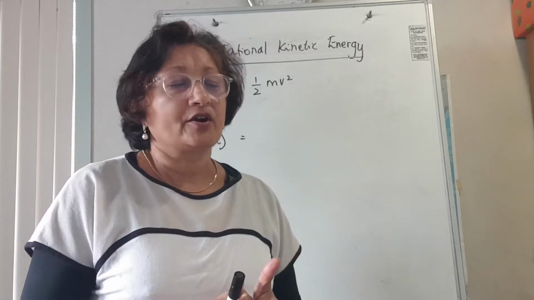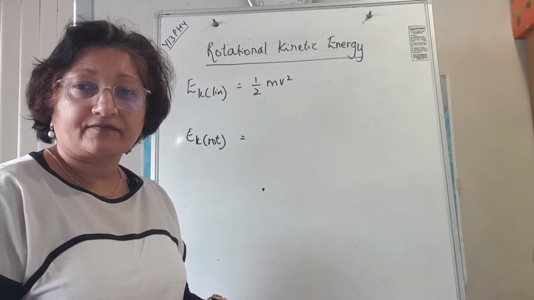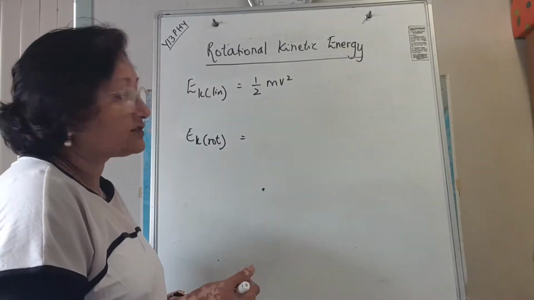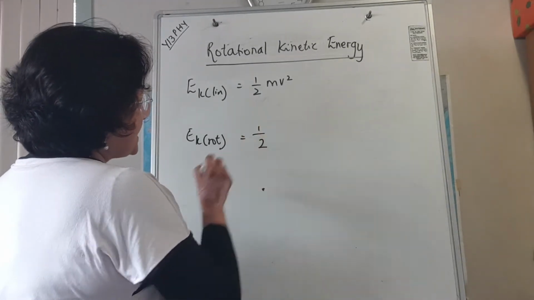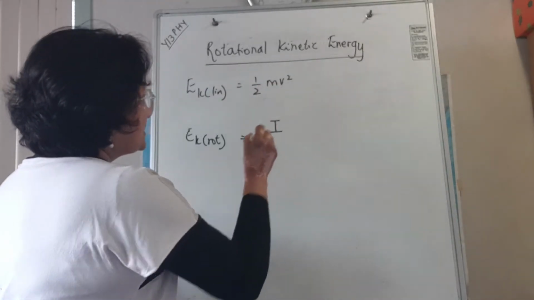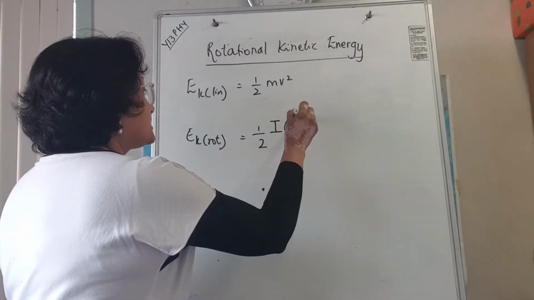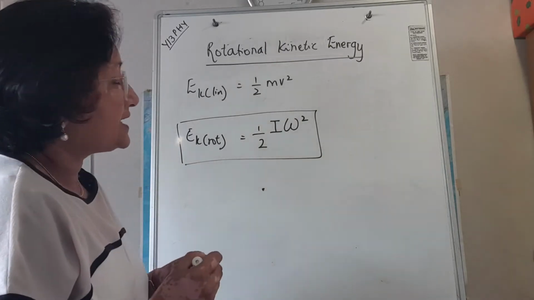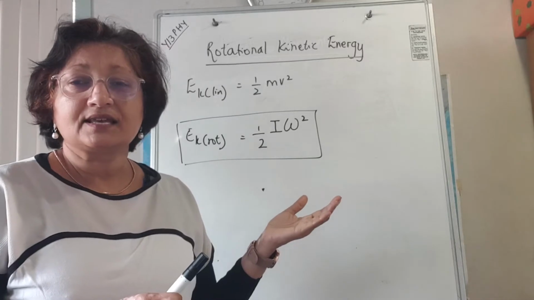Okay, so just like how linear kinetic energy is given by half mv squared, we use the rotational equivalents to get the formula for rotational kinetic energy. So the formula for rotational kinetic energy is half, and the rotational equivalent of mass is rotational inertia, and the rotational equivalent for velocity is angular velocity. So there's your formula for rotational kinetic energy, and because it's energy, no matter what form of energy it is,